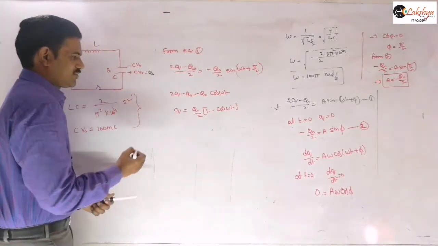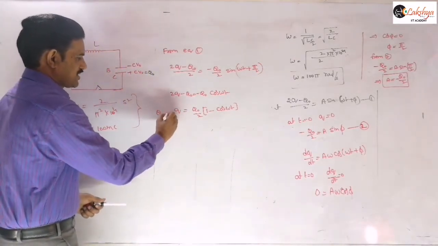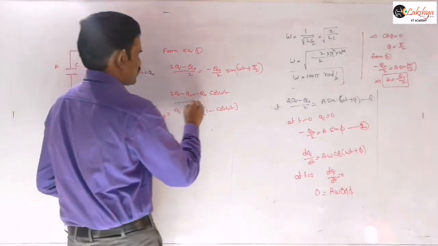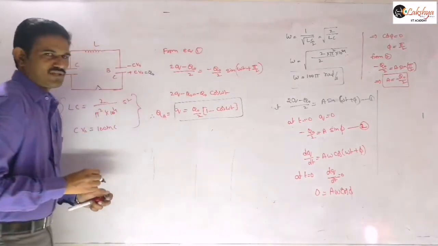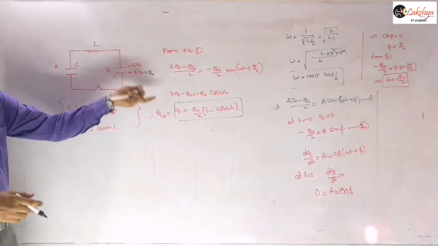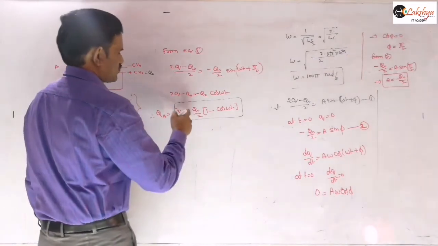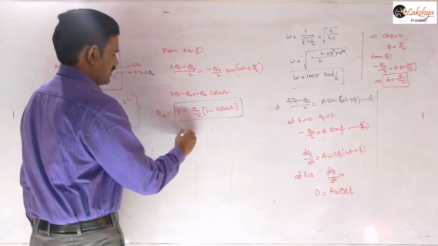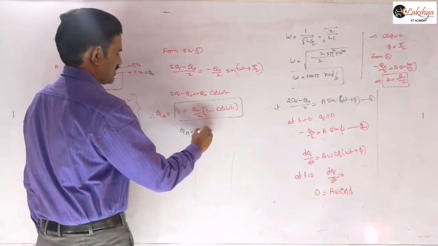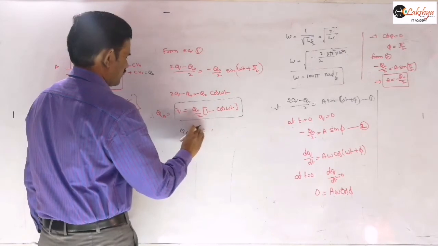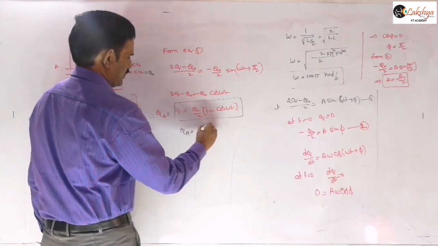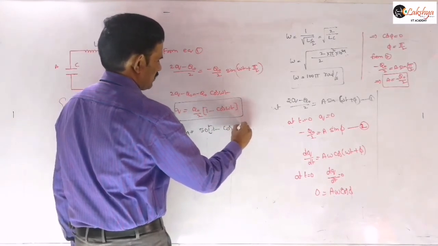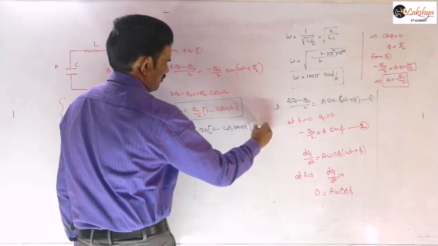So now this q is nothing but the charge on this capacitor A. So this is the charge on this capacitor A here. So if I ask now the charge on the capacitor B, the charge on the capacitor B at that instant is q naught minus q, which we considered there. So this value is also given for us. If I substitute these numericals, the charge on this capacitor is, this is 100 by 2. So 50 you will get here. So 50 into 1 minus cos of, I think we got this value as 100 pi t. So once you take that value, millicoulombs you will get.